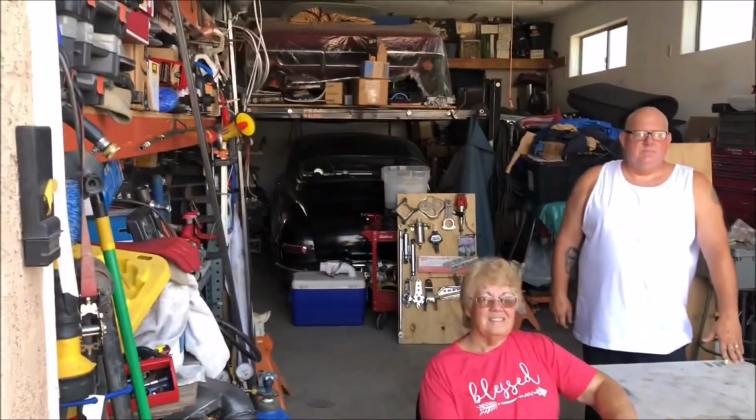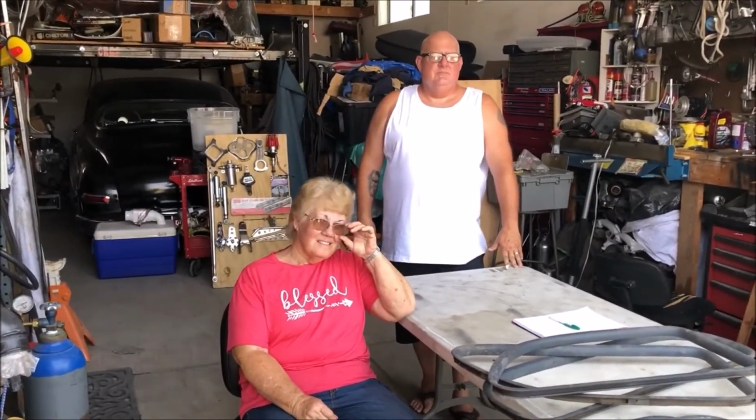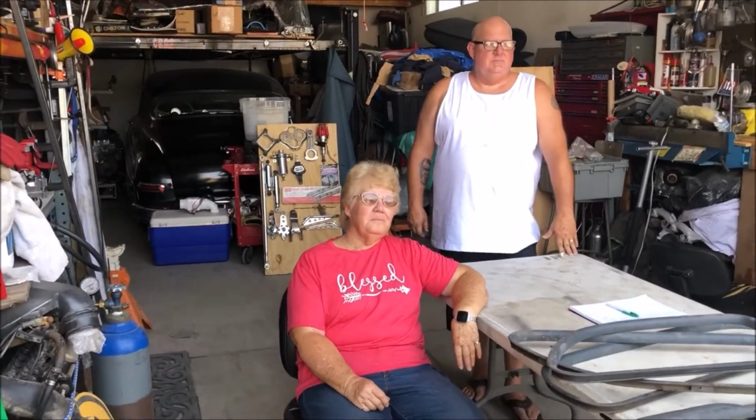I have a 49 Mercury all the way in the back over there, and I try to hide everything too, because when I sit in the car, I want to feel like I'm in 1949. There you go. That's the way to do it. You know what I mean? That's the only way I fly. Yeah. So anyway,